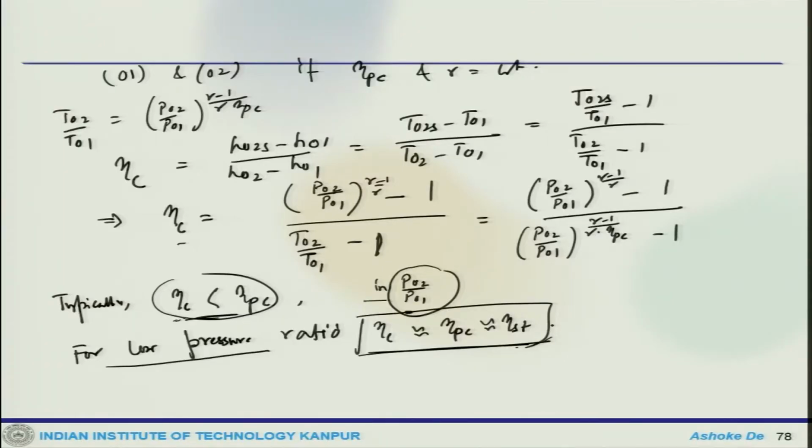Okay, so let us continue the discussion on axial flow compressor. Now we have come across different efficiencies and the difference between them. This is where we looked at the relationship between adiabatic efficiency and the polytropic efficiency. We said that for low pressure ratio, that means when the pressure rise is low, the adiabatic, polytropic and stage efficiency are approximately the same.